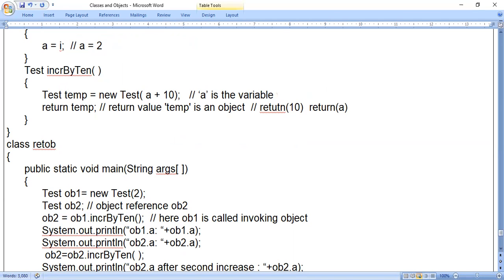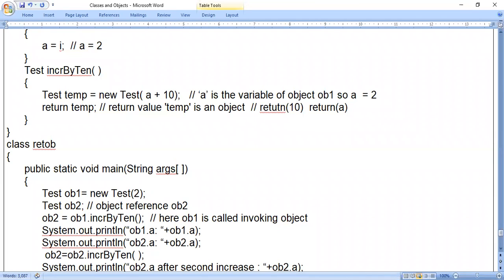So a is the variable of object ob1, the invoking object, and I can say a equals 2.